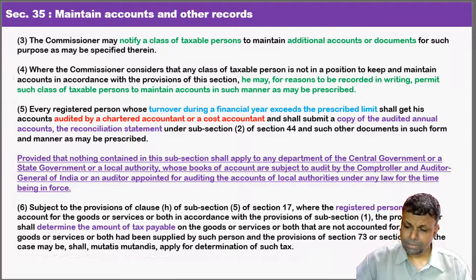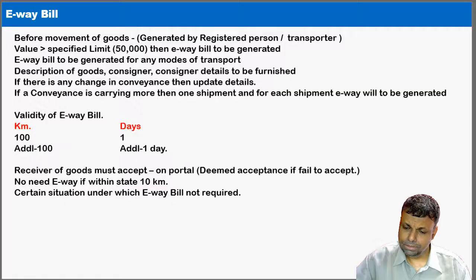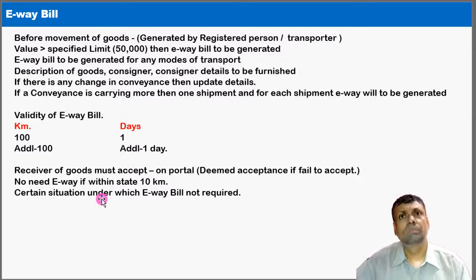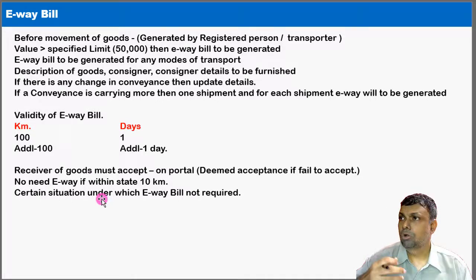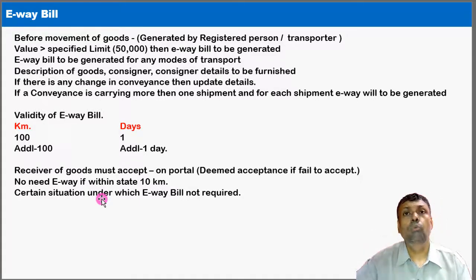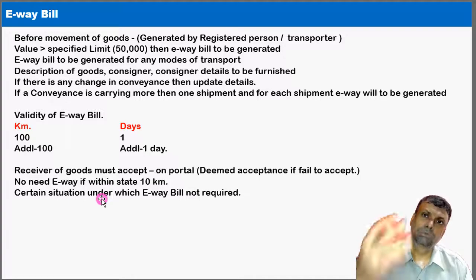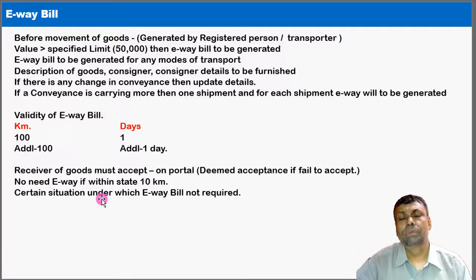Further, friends, with these accounts and records, there is one small valuable point with respect to the e-way bill. See, whenever the goods are in transportation, this concept of the electronic e-way bill is often endorsed by the developed countries, where the goods are in movement, so they want tracking of the goods. E-way bill, the whole purpose is the tracking of the goods. Maybe your goods are going from the factory for delivery to some other place, or maybe for a different reason it has been transported. Basically, the GST authorities want to know which goods are going from one place to another place, and the solution to that is the e-way bill.